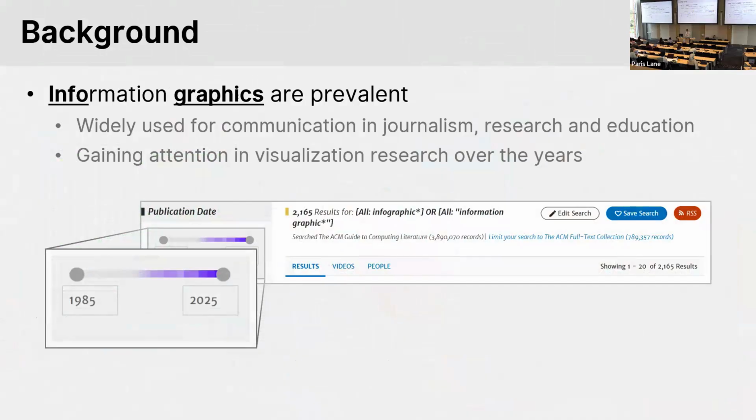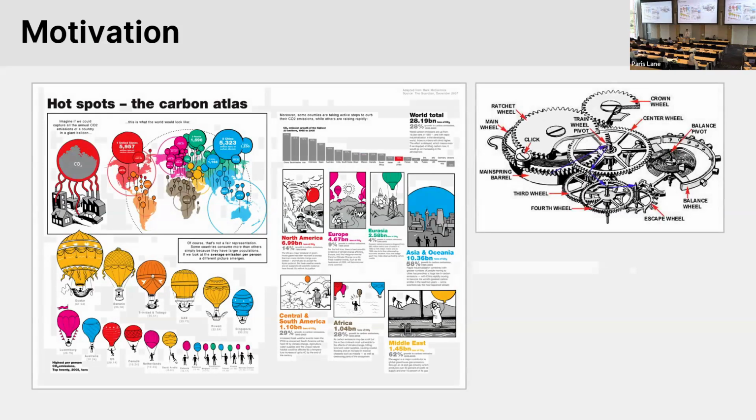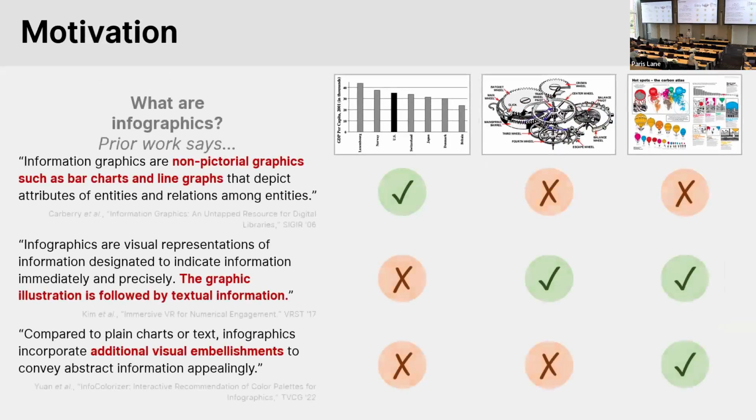Let's take a look at some examples. Does this image look like an infographic to you? What about this one? And this one? While everyone might have their own answers to these questions, I think we can all agree that these pictures look quite different from each other in terms of their content and structure. And it also turns out that while some papers think these images are infographics, others actually do not. There's a disagreement here. What is going on?